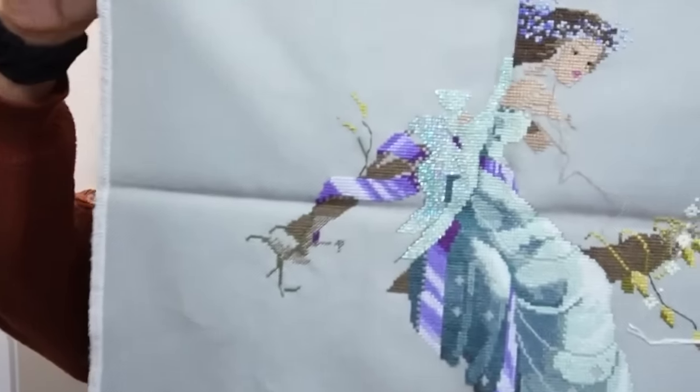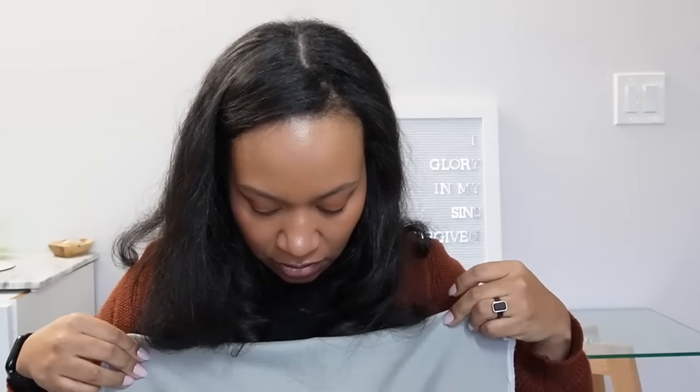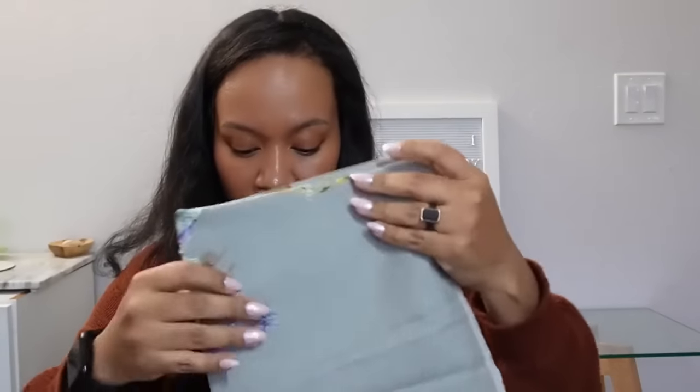I did a color conversion on her, and yeah, I mean, she kind of looked almost finished. I think I'd still have the wings to do, and of course beading and backstitching. But this one is my Autumn Quakers